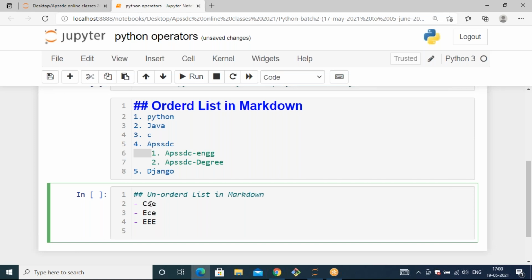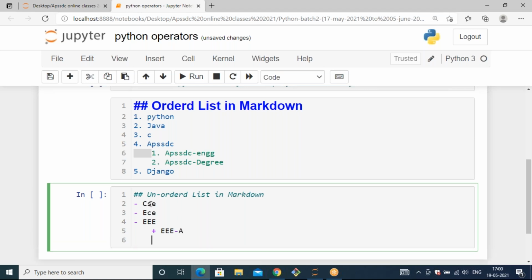And inside this, I want to mention a subclass, that is a sublist, so I can use tab space here and then again use plus here, and I'm using triple E hyphen A, plus triple E hyphen B. Again, I'm coming back here. I'm going to use star here, and I'm mentioning APSSDC.